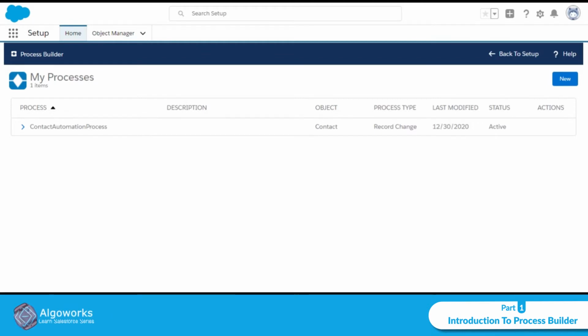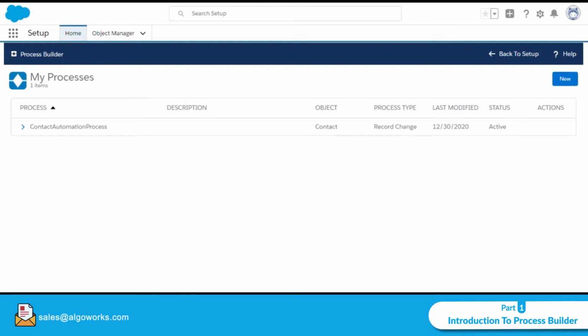Each of these processes consists of associated criteria that determine when an action group should be executed. An action group comprises immediate or scheduled actions. We use Process Builder over Workflow because it is easy to use. We can make quick development with Process Builder. It can combine multiple workflows into a single process and can have a chain of criteria, like multiple if-then statements. Child records can be updated in Process Builder.